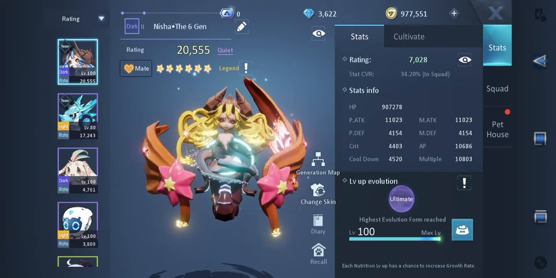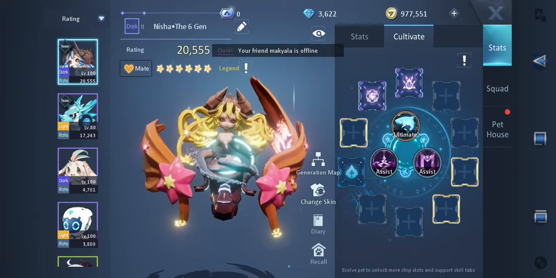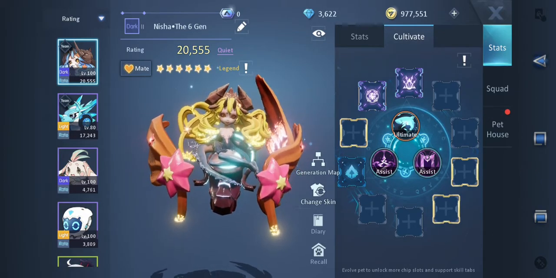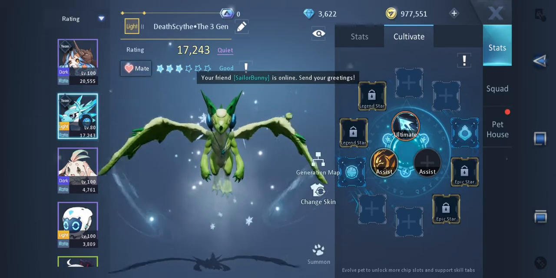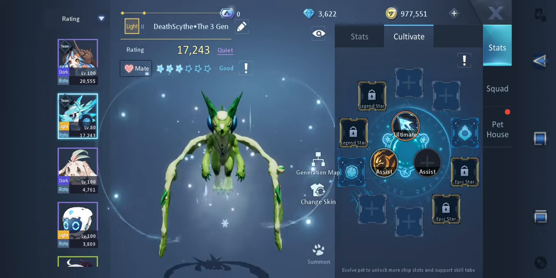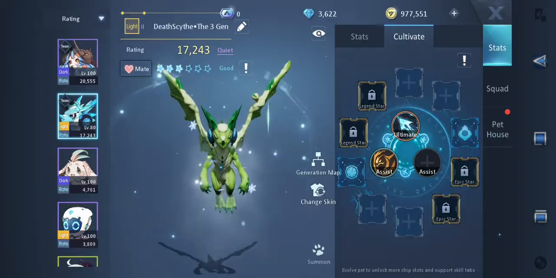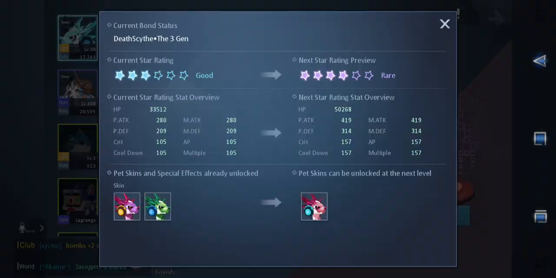magic. M attack, that means magic attack, so everybody knows that. And I don't bother with the cultivate because I don't want to put any skills right now. I just wanted to level those pets up. And this pet I get rating right now is just because it's just a third star. It got 17k. So if I basically just click on mate and then go to this eye right here with the empty stars, here you can see right now I have currently